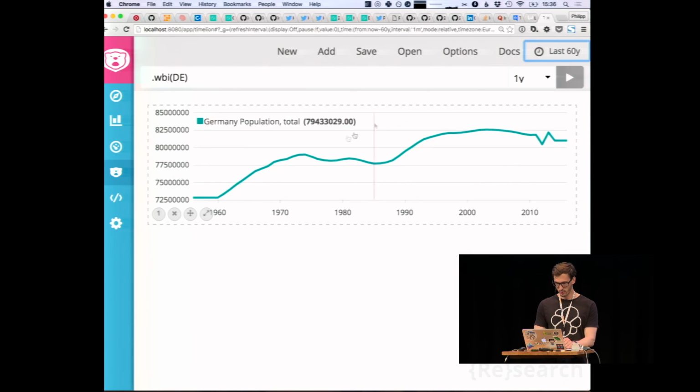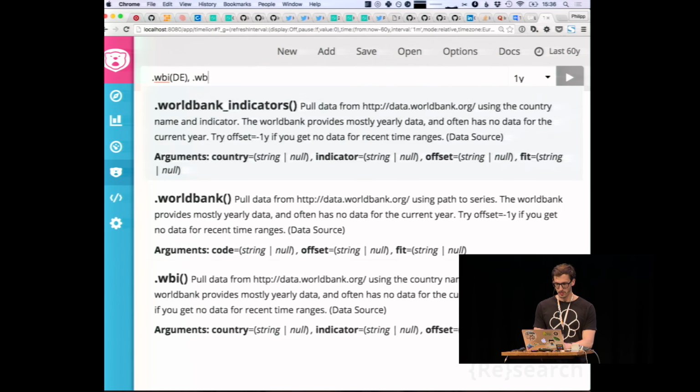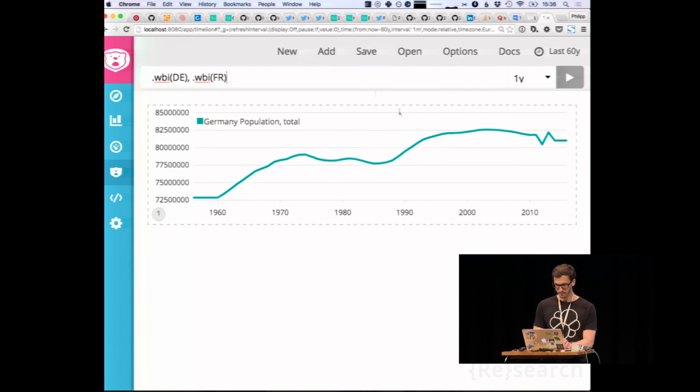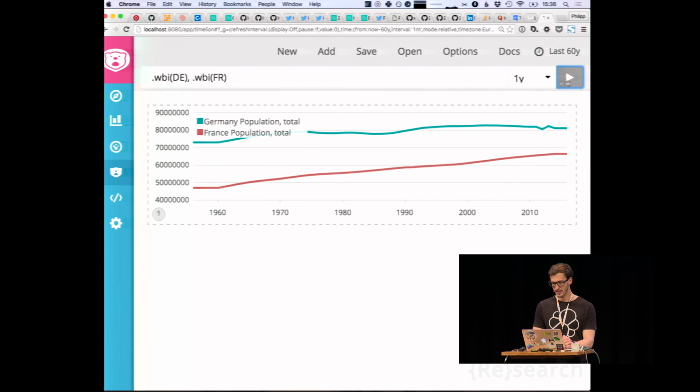Otherwise, that would be confusing. And you can see, okay, yeah, there are lots of Germans, obviously. And then you probably want to know, like, okay, how many French people are there? Let's see. And then you can actually see the population of Germany was much bigger, but actually the French are kind of catching up. So maybe at some point there will be more French people than Germans.